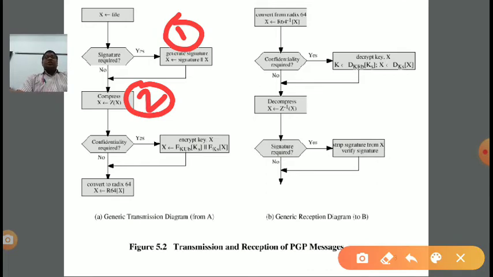Third step is, if we want to make the content of the message private, the data is confidential or not. So to ensure the confidentiality of the message, we require an encryption algorithm. And in the previous cryptographic lecture series we learned various types of cryptographic algorithms. Clear? So if confidentiality or privacy or security is required, then we can use two categories of algorithm: symmetric or asymmetric. In symmetric, at sender and receiver the same key is required.